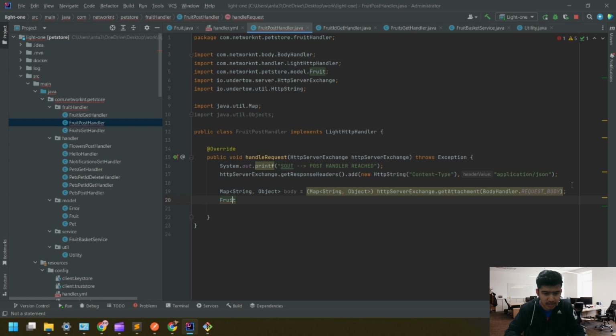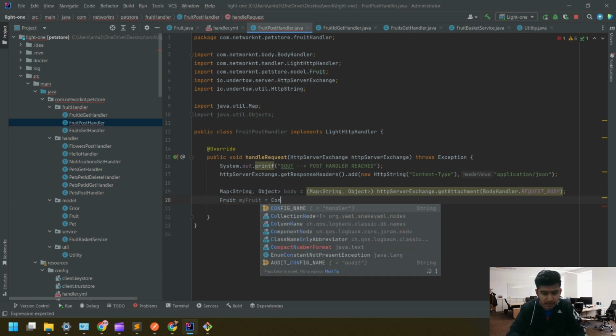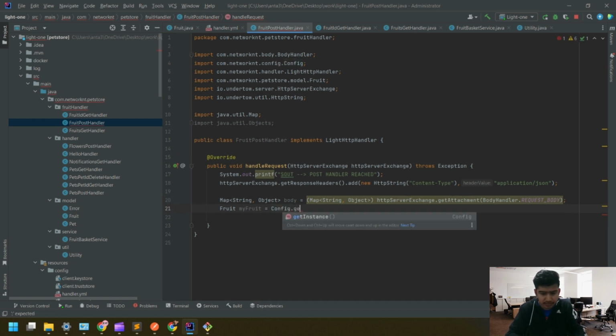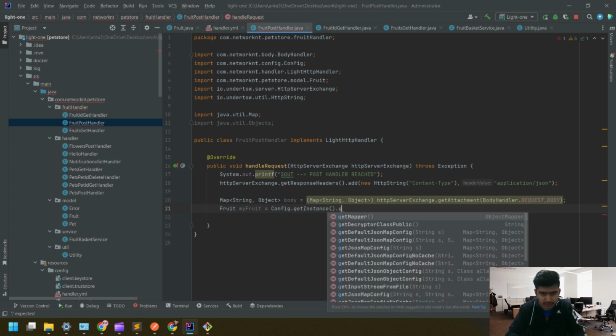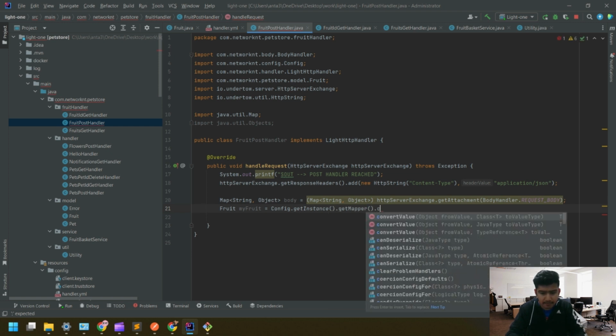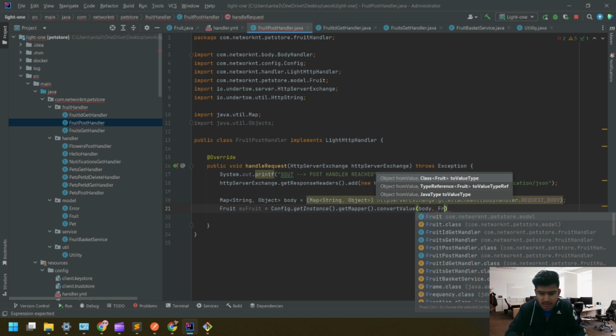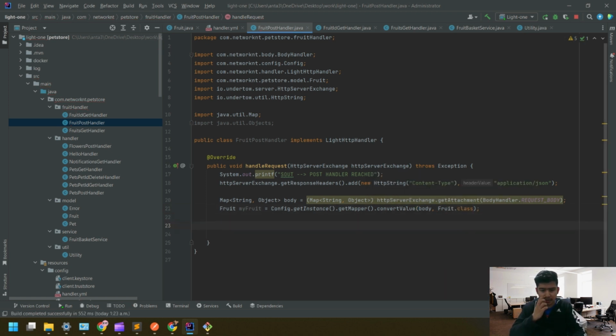So all we have to do is initialize an object, fruit, name it whatever you want. In this case, we'll name it my fruit. We're going to use the network nt config, get instance, get mapper, and we're going to use the convert value function, which converts the value of body to fruit.class. All right, that's it. Now let's just, for demonstration purpose,